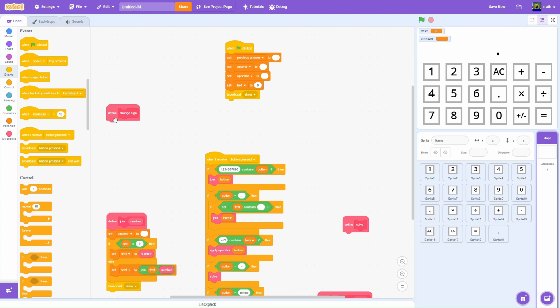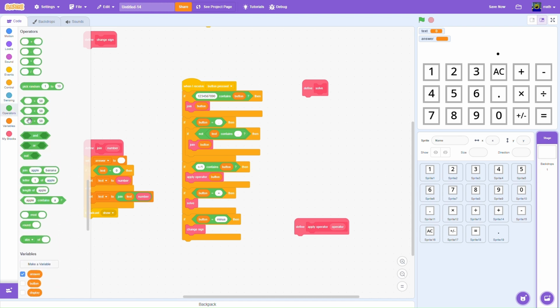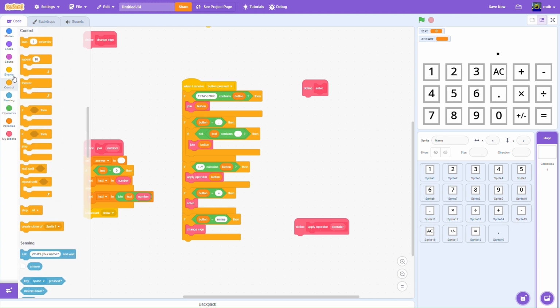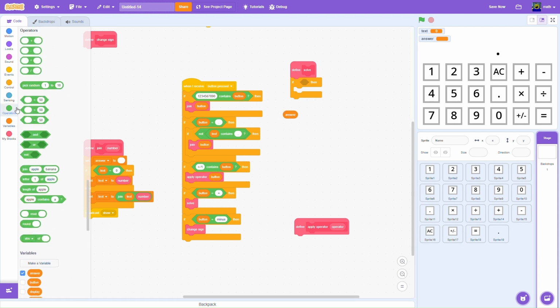And now let's do the change sign. Right. Let's do that a bit later. Let's do the solve thing first. So the solve thing does have quite a bit of code, because it's basically solving the thing. It's kind of the main part of the calculator. So we want to first make sure the answer's nothing. So if answer is equal to nothing,